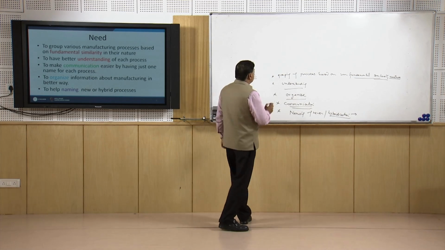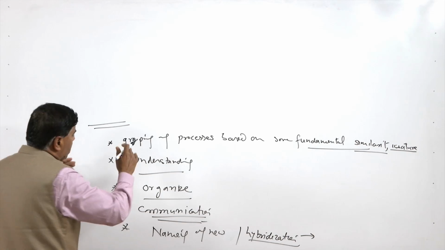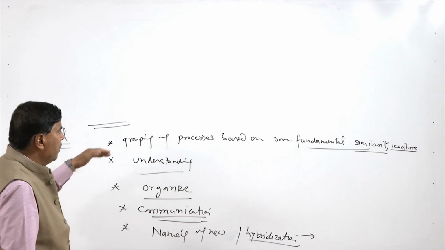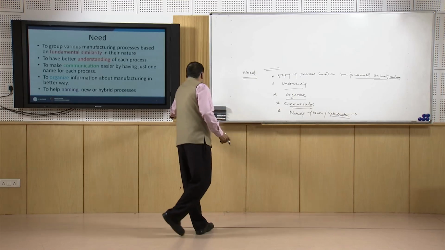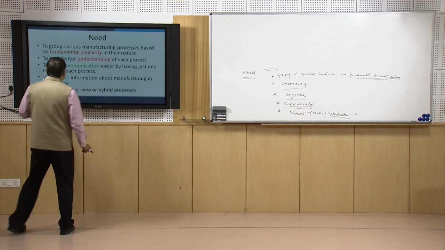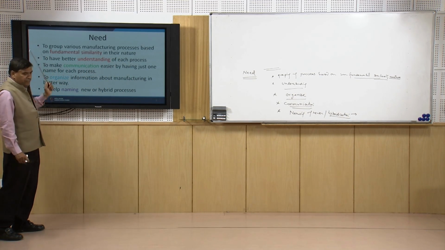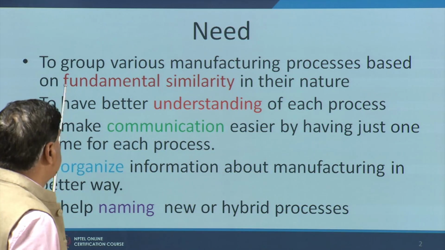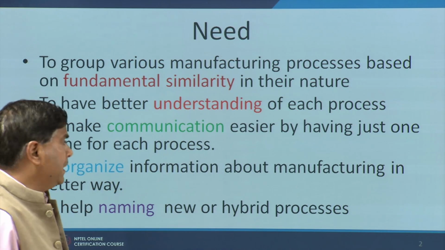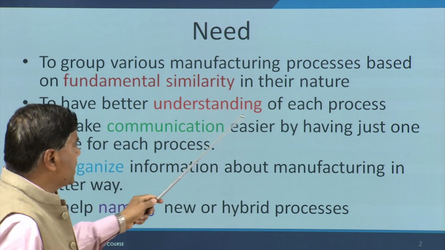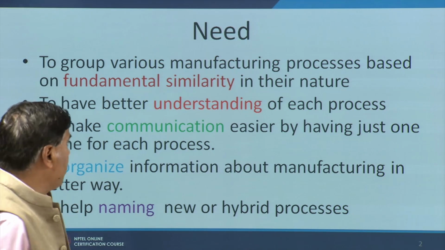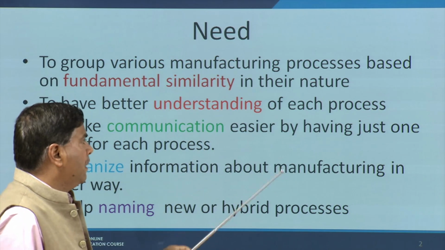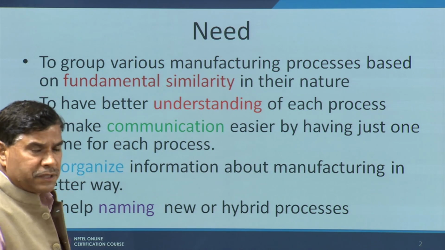So, these are the things which can be achieved when the processes are grouped in different categories, and this is what has been mentioned here. The need of classification is to group the various manufacturing processes based on the fundamental similarity in their nature, to have a better understanding of each process based on their grouping, and to make communication easier by having just one name for each process, like